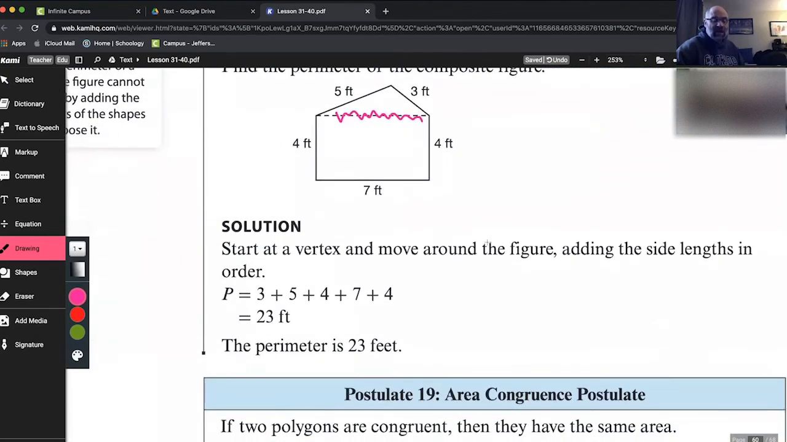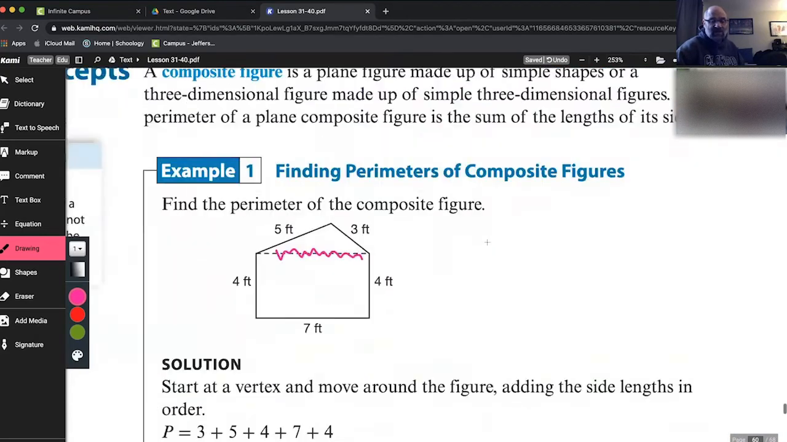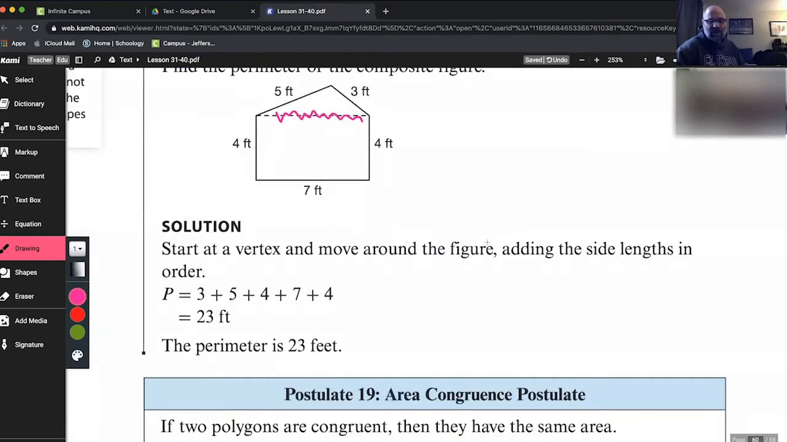Now, here's postulate 19. The area congruence postulate says, if two polygons are congruent, then they have the same area. Well, that's duh. So if I just have a triangle,